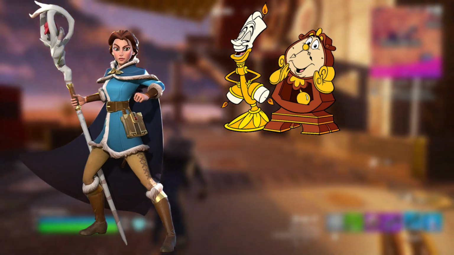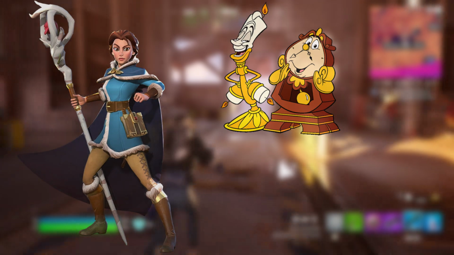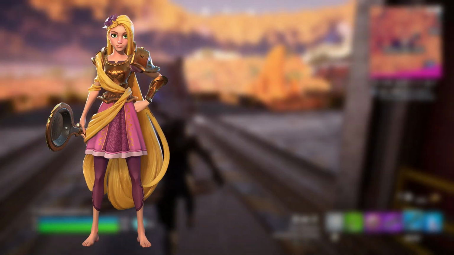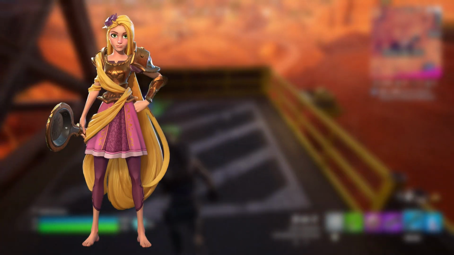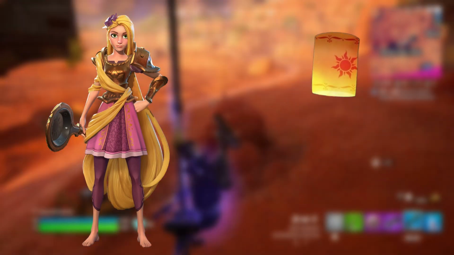And her pickaxe will be the staff she has in Mirrorverse. Again, a lot of stuff from Mirrorverse because Mirrorverse has great art direction. After Belle, I have Rapunzel, which, I mean, obviously her stuff is so obvious. Frying pan pickaxe, lantern glider, and her back bling could either be...